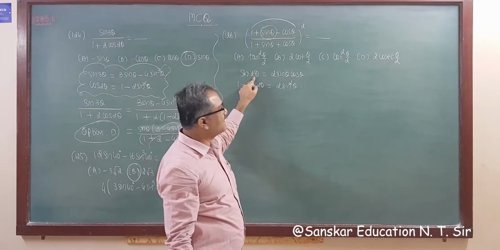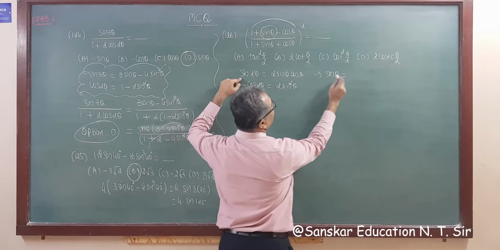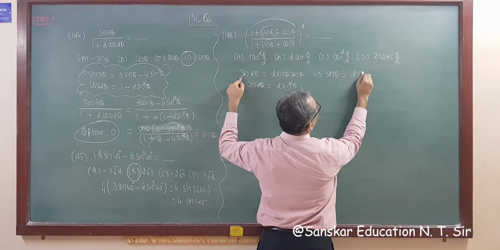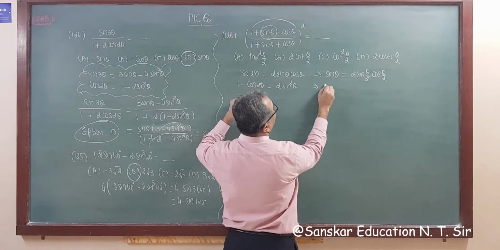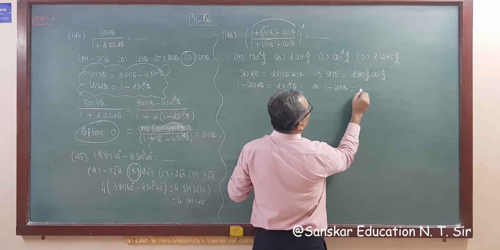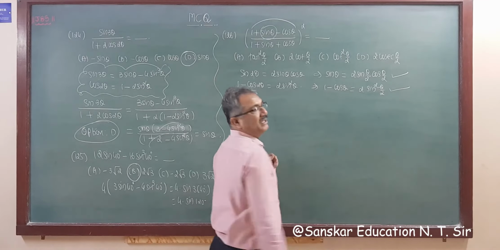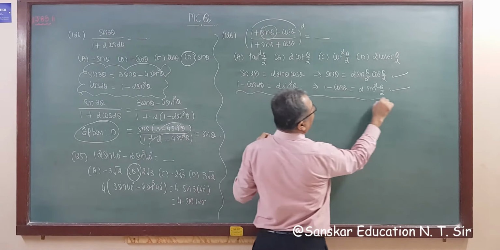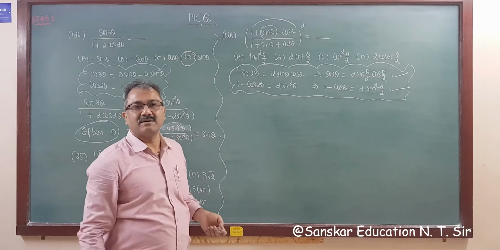So if 2 theta is there, then half of the angle. So this implies sin theta will be half of this, that is 2 sin theta by 2 cos theta by 2. So 2 sin theta by 2 into cos theta by 2. And this will be 1 minus cos theta. If we take 2, then this is half. So this is 2 sin square theta by 2. So applying these two formulas, right? You have to remember this standard formula and then convert by dividing or multiplying as you require,